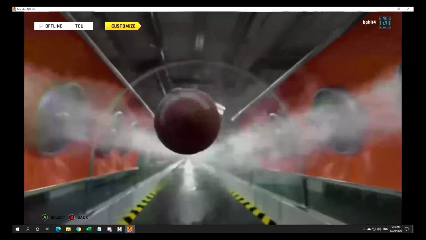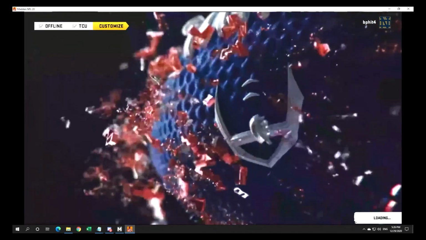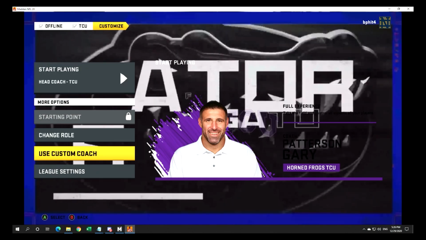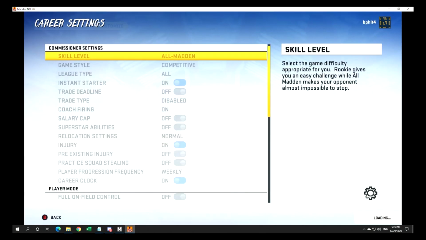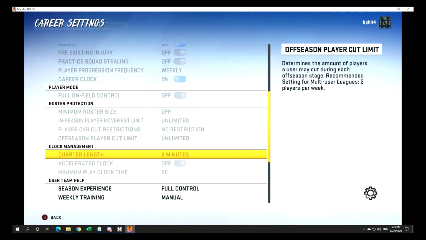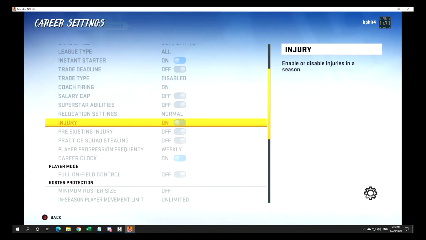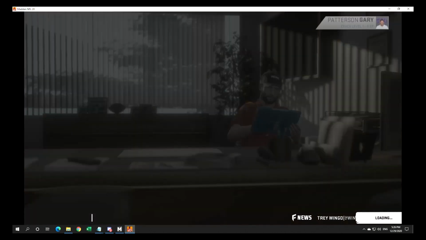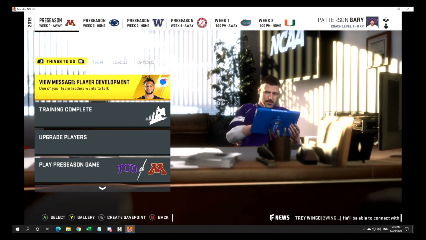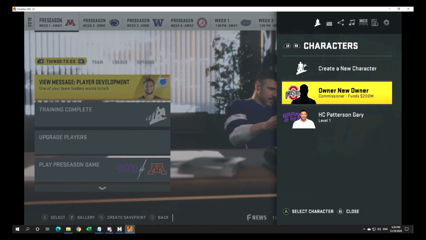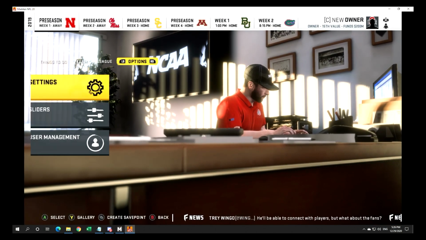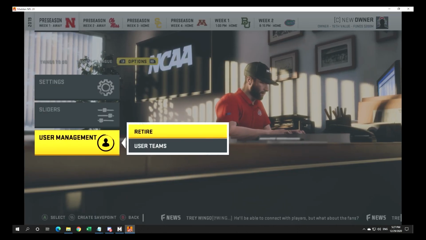Find the team you want to play with. You can change your role, whether you want to be a player, owner, or leave it as the head coach. Use custom coach. Right now, because you still have the other profile created, you can't change the settings yet. But what you do, once you've created your new coach, you're going to go back to the profile I created, or wait, nope, you want to go to user management, retire